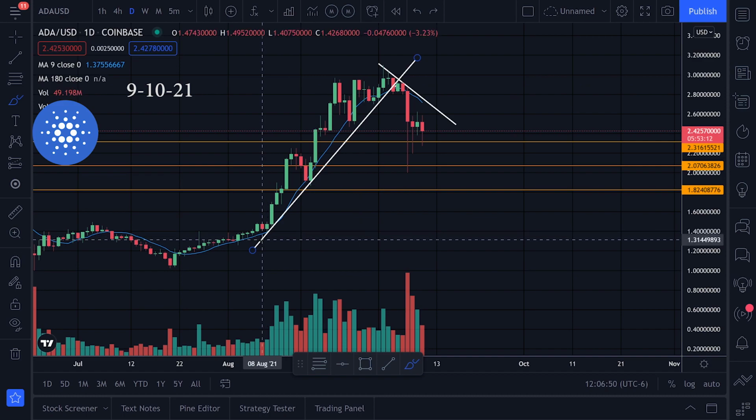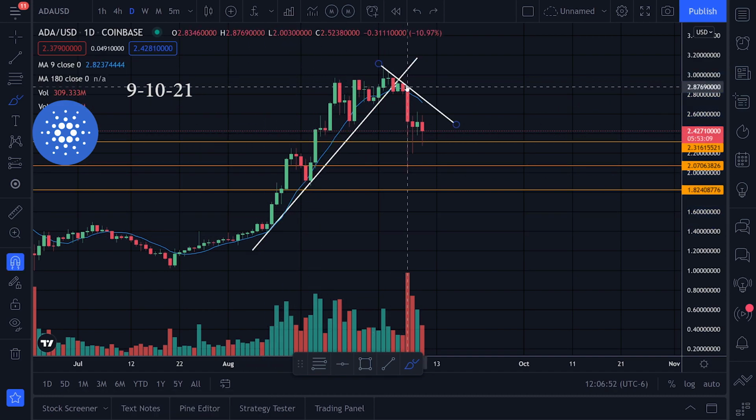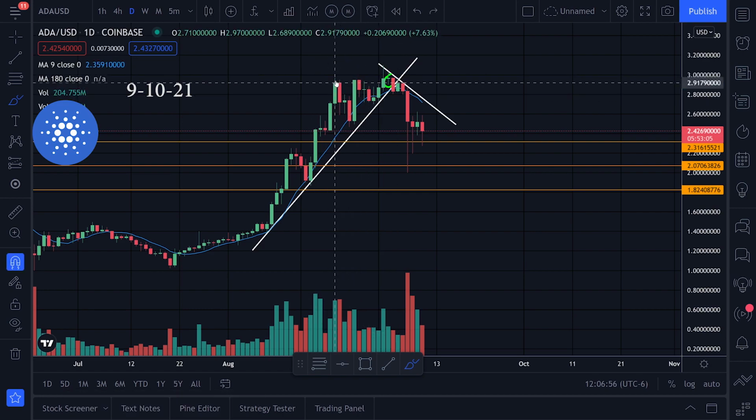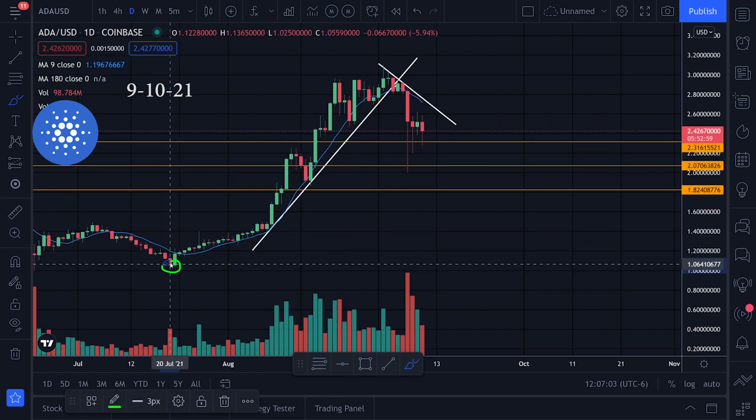We had a trend line going to the upside right there. We broke that trend line going to the downside right there. Ever since here, since we had that double top, I've been skeptical. So what I'm looking at now is doing a Fibonacci retracement from the bottom of this trend to the top